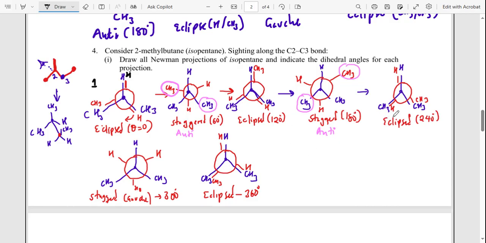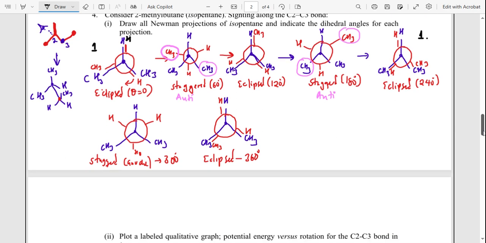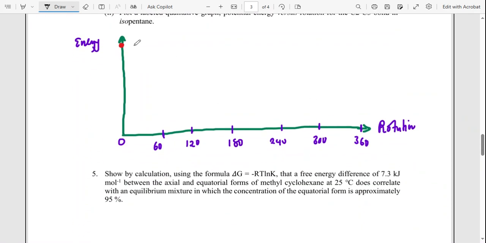And then if you look at number four, it is between CH3 and H, CH3 and CH3, H and H. Okay. So for this one, number five is actually similar to number one. Okay, so they have got similar energies. So at 0 and at 240, the energy is basically the same. So 0 and 240. So I'm gonna put that there